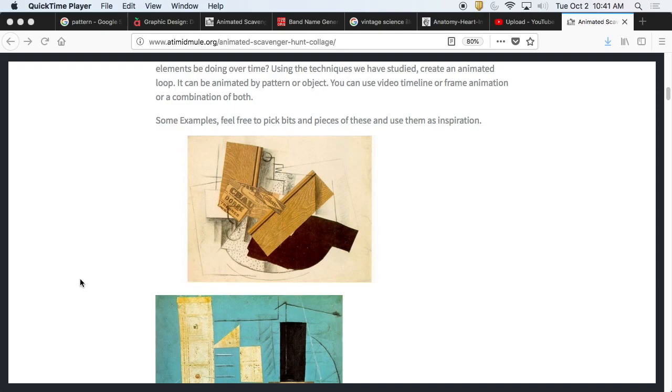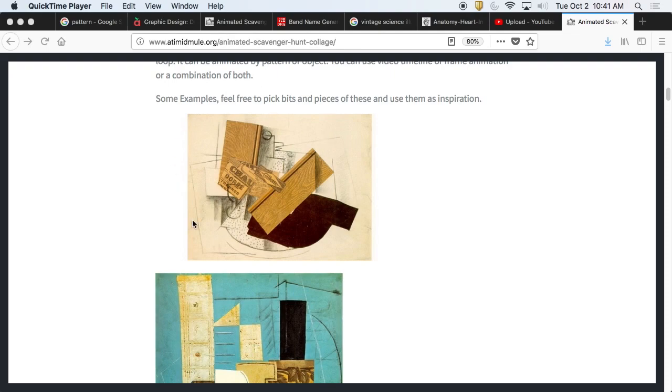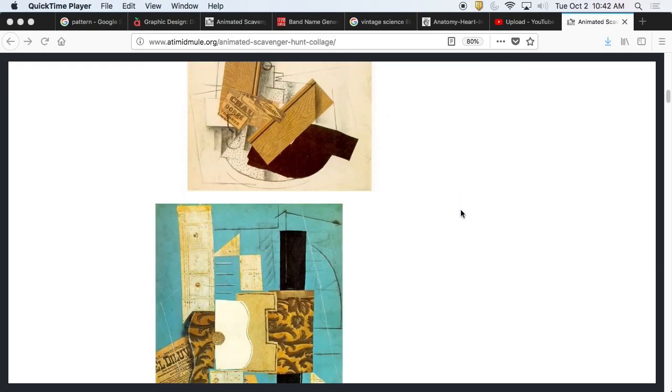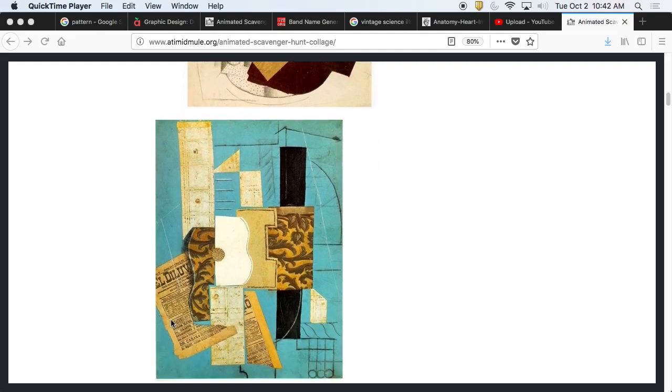Okay, so here we can see some images where they start using little pieces of menus or newspapers or wallpapers. They're bringing in these elements from other realms and building their art out of them. It adds lots of contexts to those, and it adds interesting juxtapositions. So you can see you can start to build up.